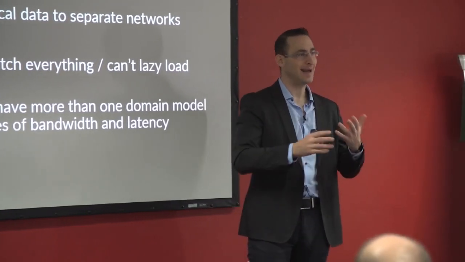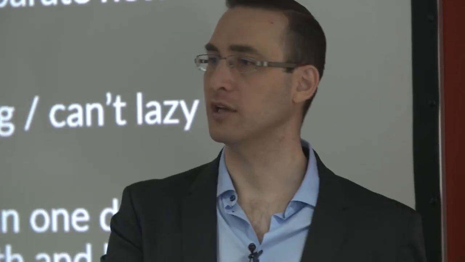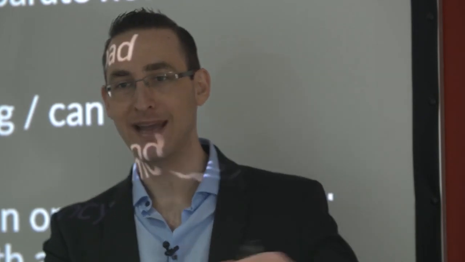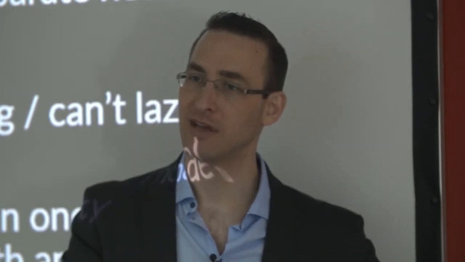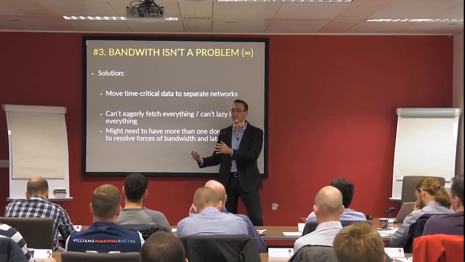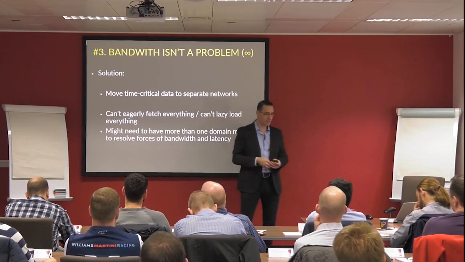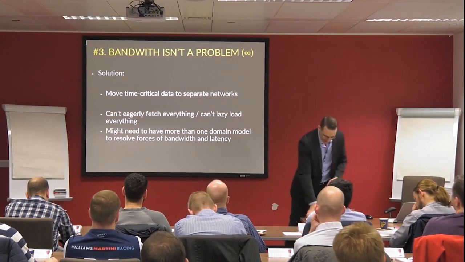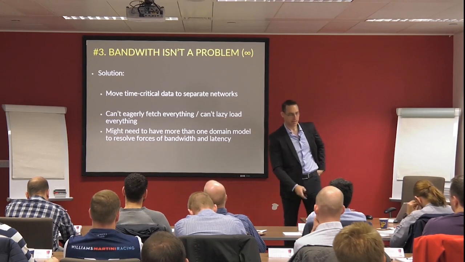So you could create a high priority network and a low priority network, and that way you can make sure that even if the lower priority network is maxed out in terms of bandwidth, your high priority network still has some bandwidth earmarked for those high priority requests that come through. Now, the question is, how do we make use of that even if we have these types of networks available to us?